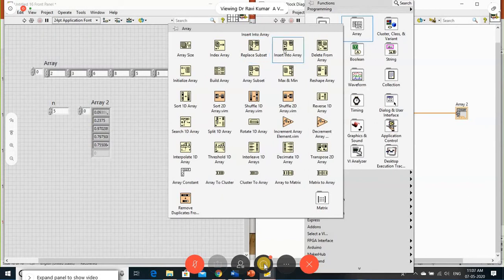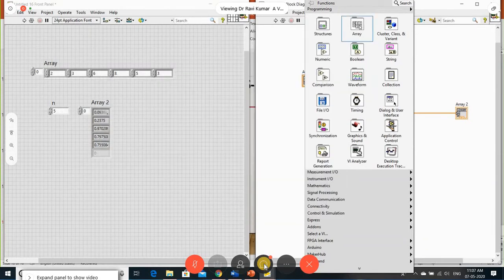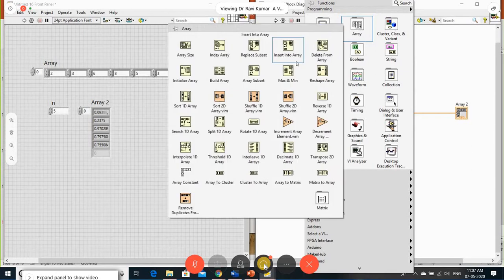See, these things we can do not only on numbers, even on characters also we can do this. You want to delete any element from an array, or you want to initialize or build an array. You can create a subset of an array, or you can find a minimum or maximum number of an array. All the functions are available. So let me see that first one is index of an array. I can't complete all of them, only the important ones.